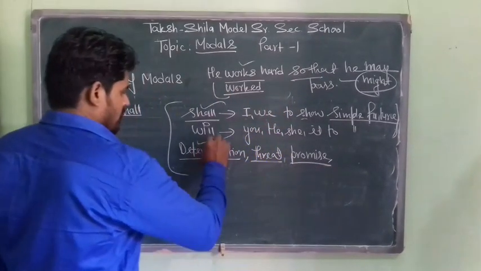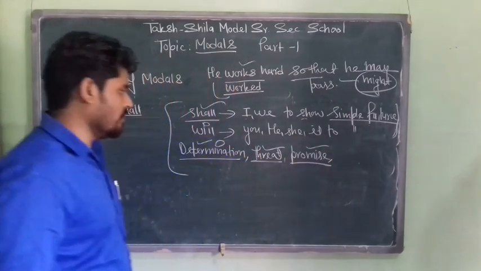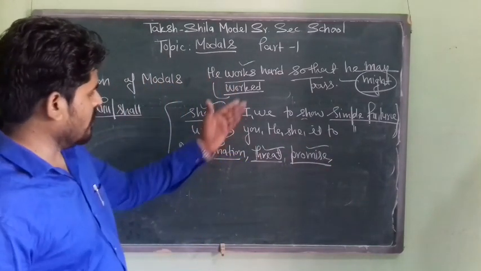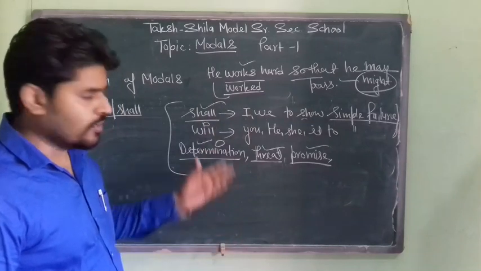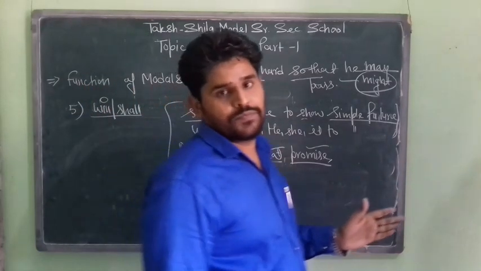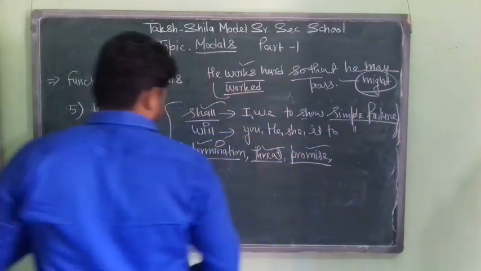If you want to express the determination, threat and promise using will or shall, we just interchange the use of persons with them. For example, if I say